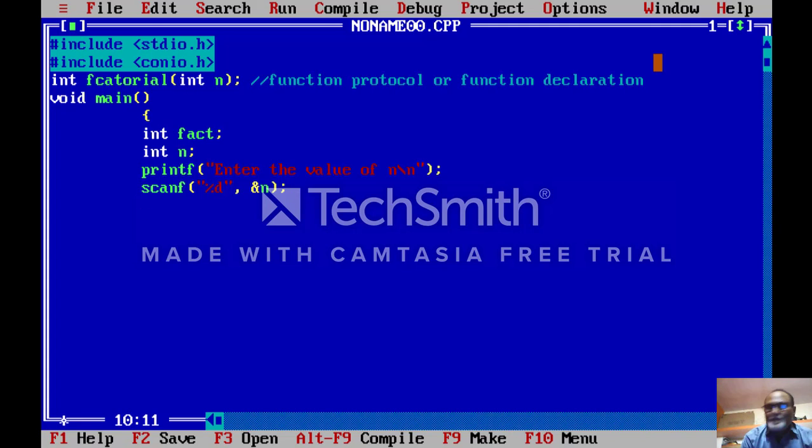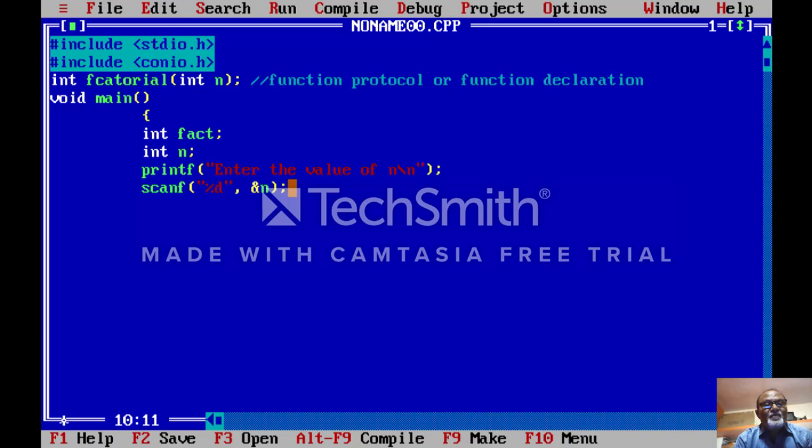By using this scanf function, you can input the value of n. Now this n is used to calculate the factorial. That means we want to calculate the factorial of this value of n, and the value of n, when we run the program, we input from the keyboard.